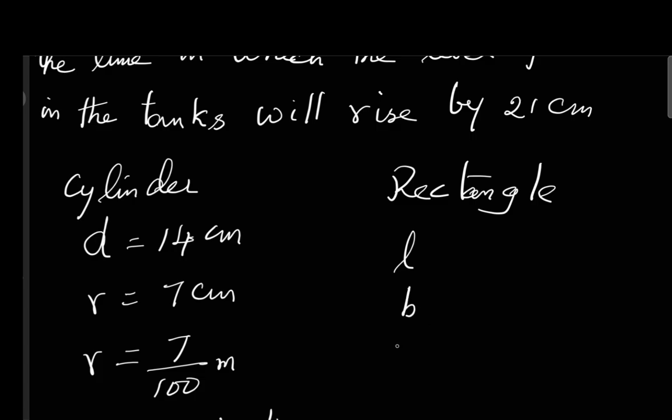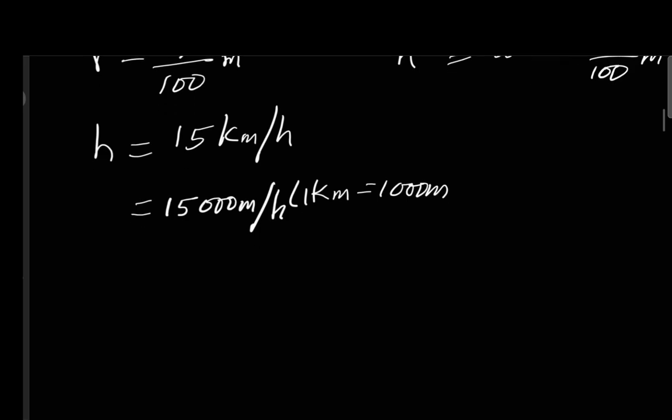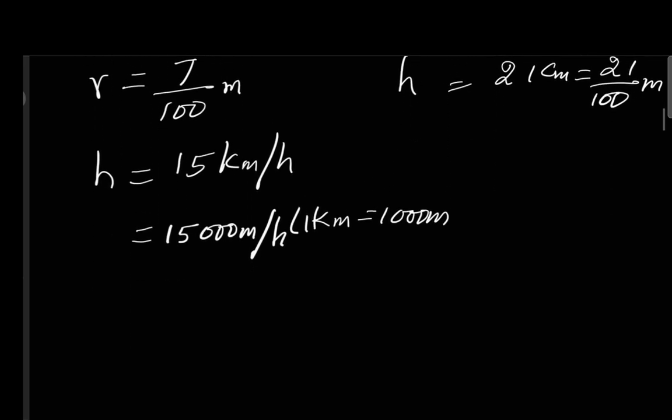Length, breadth, height, everything is given. Length is 50 meter, breadth is 44 meter. Height is 21 centimeter, so you take this as 21 by 100 meter. First you find the volume. So the volume of the